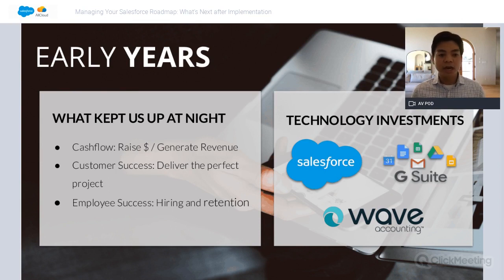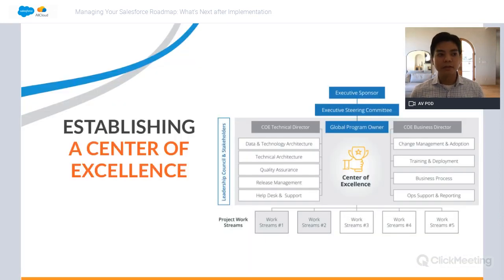And how can we continue to hire and retain employees? We did make investments. Our first investment in technology, coincidentally, was Salesforce. We bought Gmail or G Suite to help capabilities across our business, as well as an accounting system called Wave. But during that period of the early years of our company, we also started to focus on building out our